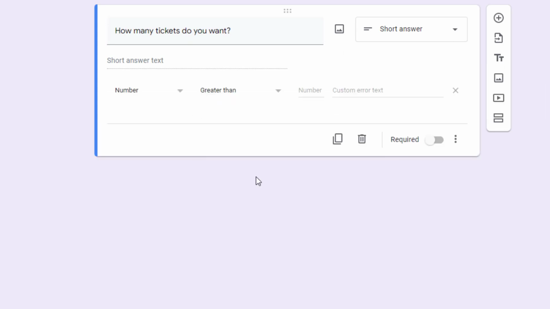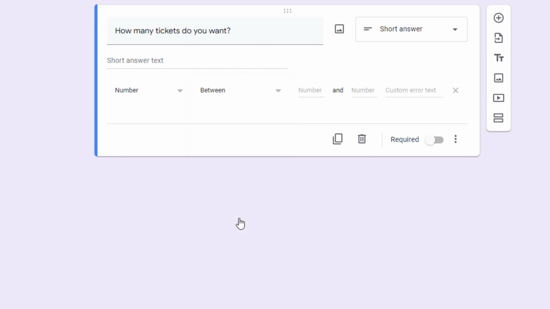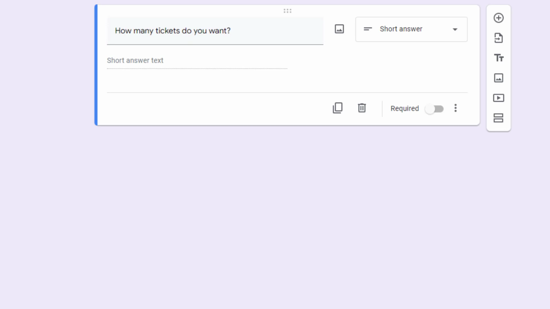So additionally, you can use between if there's a range of numbers that you want to include. And this range includes the numbers on both sides. So if I want to maybe have a number between 1 and 4 of tickets, you can get 1 ticket through 4. You can't get 5 tickets, that's too many. You can't get 0 tickets because, again, that's impossible. We can go 1 and 4. Enter some error text. Then, if we don't like that, we can close it off and look at some of the other validations. So we'll go back and click response validation,